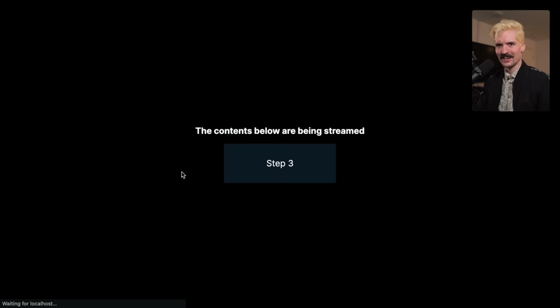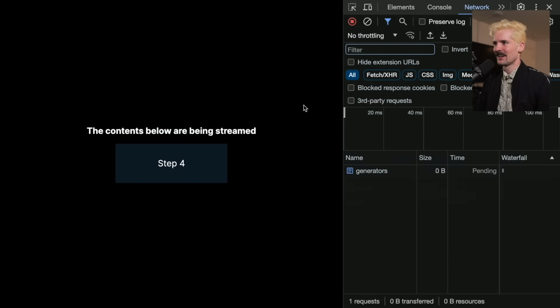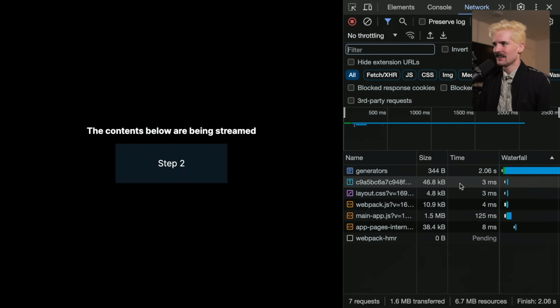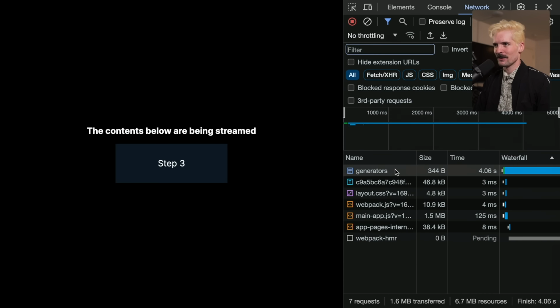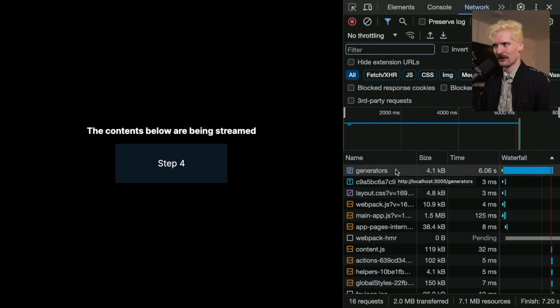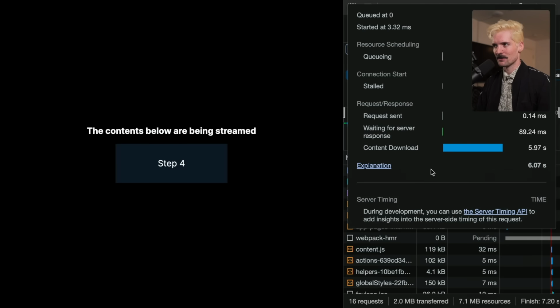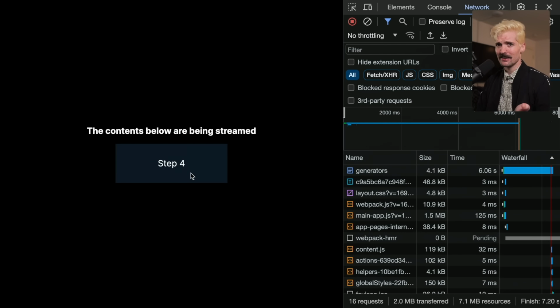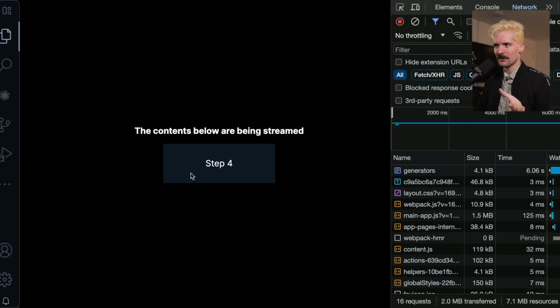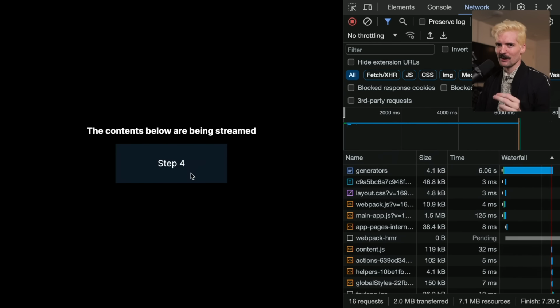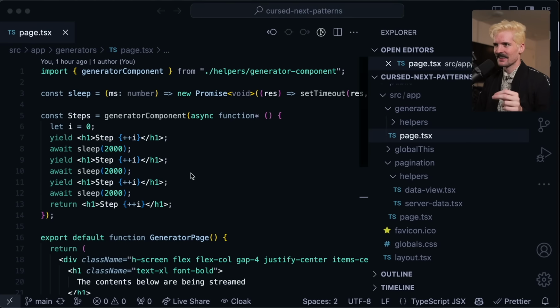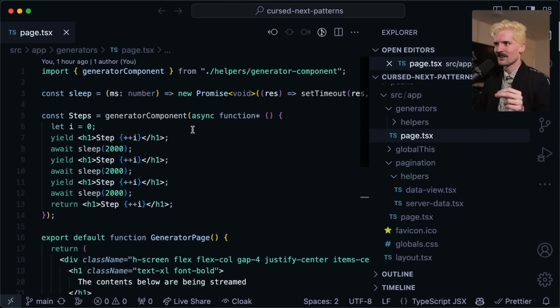So you'll notice when I go to this page that this number goes up. What's interesting here is not that this component updates, because obviously I could do that on the client side. What's interesting is when we look at the network tab, all of this content is being streamed in on the generators route, which is the URL that we're on right now, localhost:3000/generators. All of this new content is being streamed in. So how are we streaming updates that will allow for one component to be updated to different states? Well, we're using something I don't normally recommend, generator functions. Yes, we're actually using function star for this amazing cursed pattern.